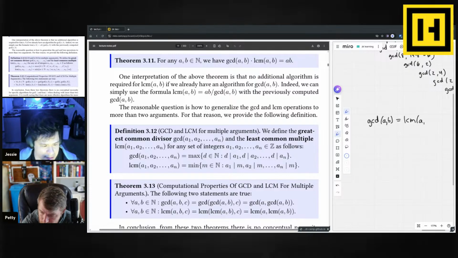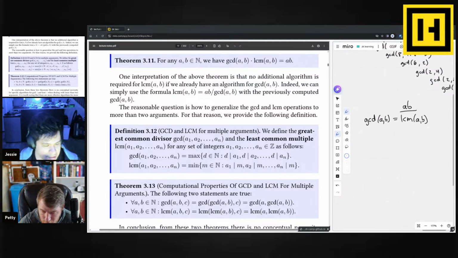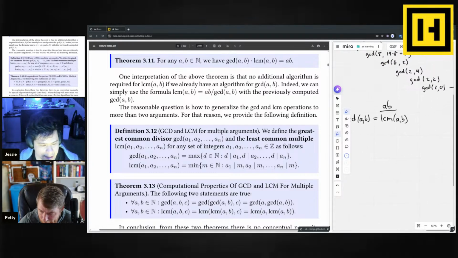We define the greatest common divisor GCD of a sub 1 to a sub n, and the least common multiple LCM of a sub 1 to a sub n for any set of integers a sub 1 to a sub n that exists within the integer set Z as follows: GCD of a sub 1 to a sub n is equal to the max of D that exists within the natural number set N,